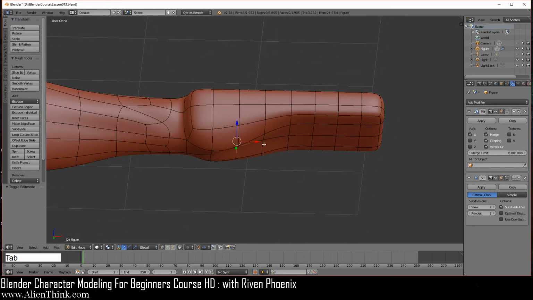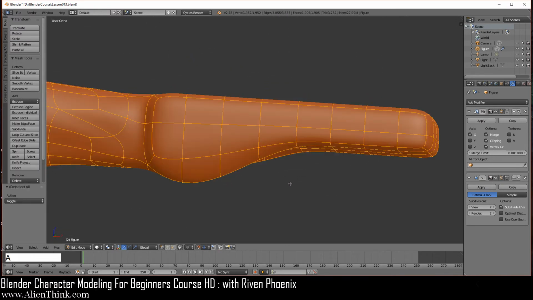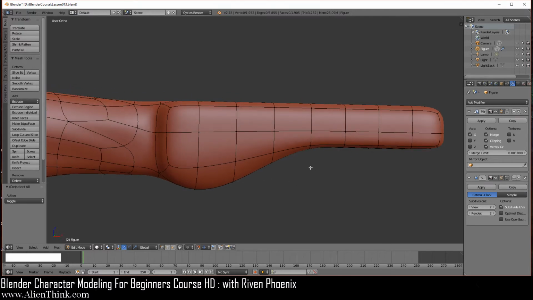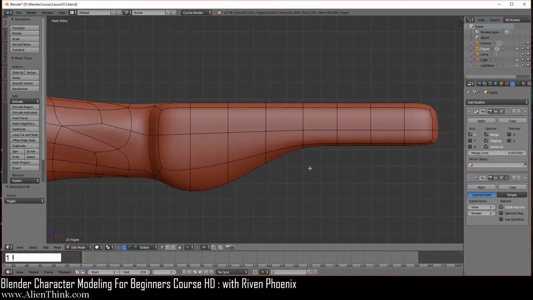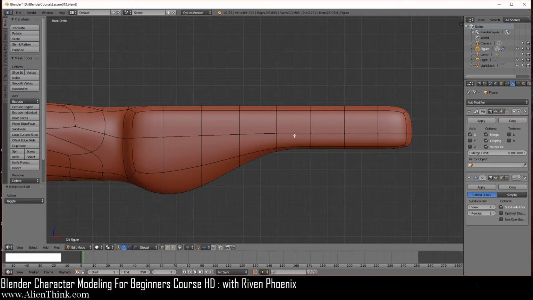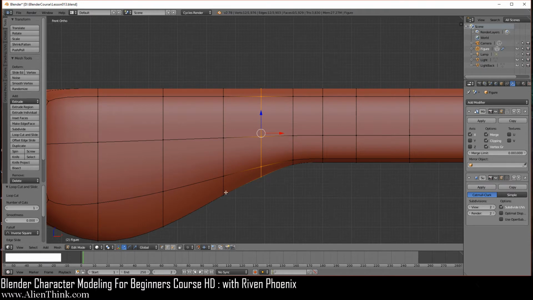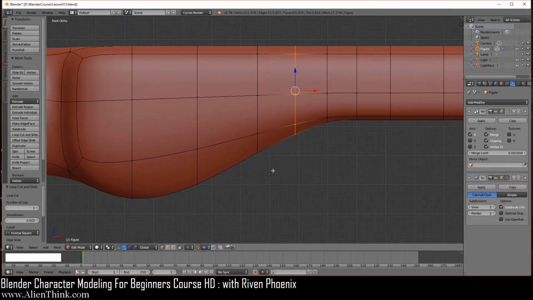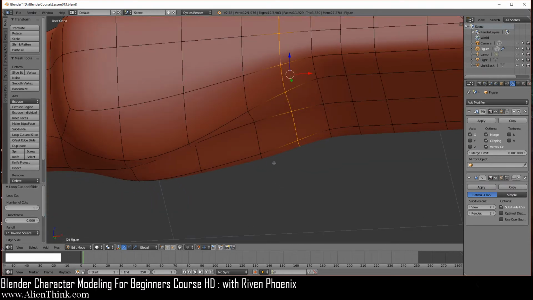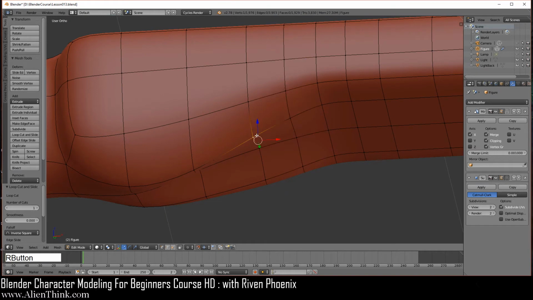Okay, so now just go back to edit mode, A to select, A to deselect. So what we're going to do, I'm just going to go into the front view over here. We're going to add an edge loop over here where the fingers are. Control R, left click and right click. See how this moved a little bit? So I'm going to need another edge loop over here. Left click and right click, it'll just go back. But we're doing this because we need access to these vertices. So I'm just going to do the middle mouse button to show you what's going to happen. We're going to move this vertex, then we're going to move this one, then we're going to move these two.